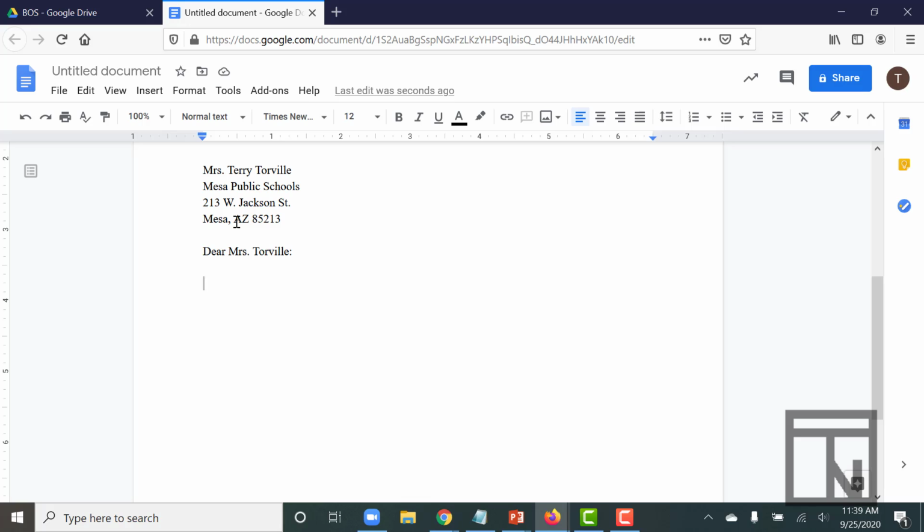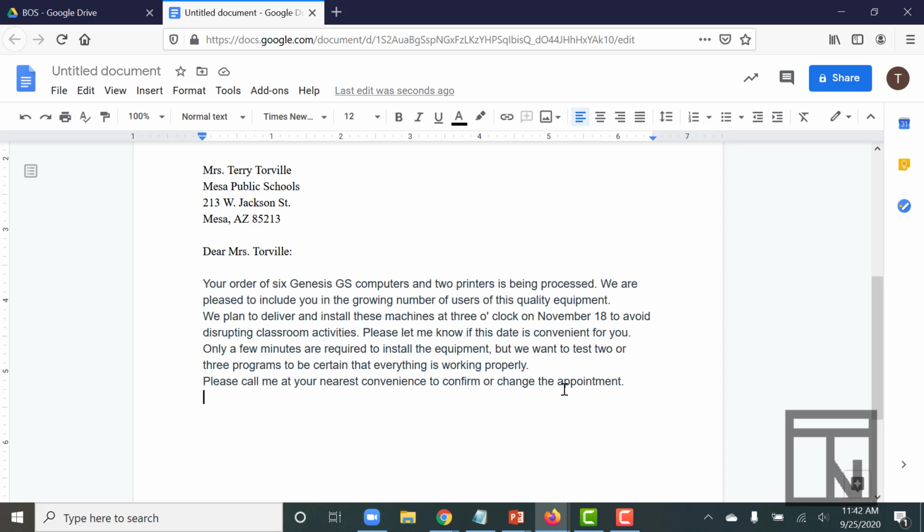To save time, I'm just going to paste in the body of this letter. If you are working in my Canvas course, you are welcome to go back to Canvas, grab the content of the body of the letter, and paste it into the document as well, so that you can continue on with me. So here I've pasted in the content or body of the letter itself, and as you can see, a